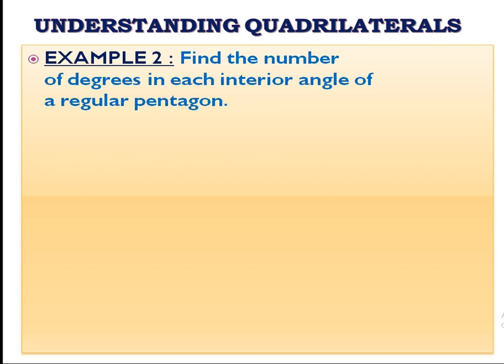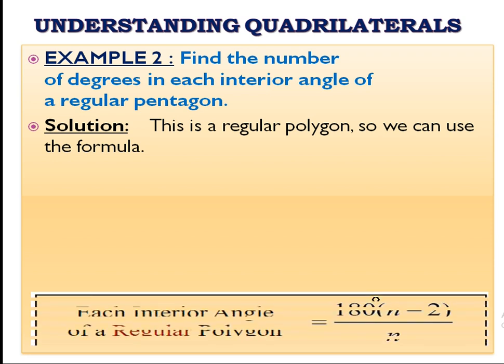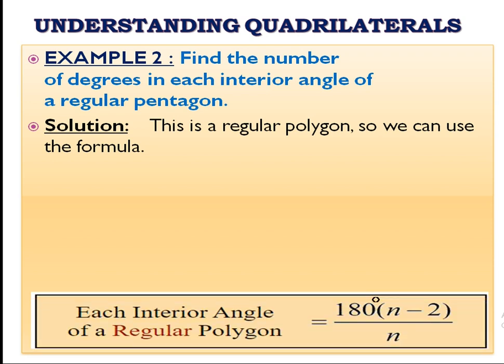Now see example 2. Find the number of degrees in each interior angle of a regular pentagon. Here see the solution. This is a regular polygon, so we can use the formula. Here it is the formula. Each interior angle of a regular polygon is equal to 180 degrees into n minus 2 divided by n. And we know that a pentagon has 5 sides. Thus